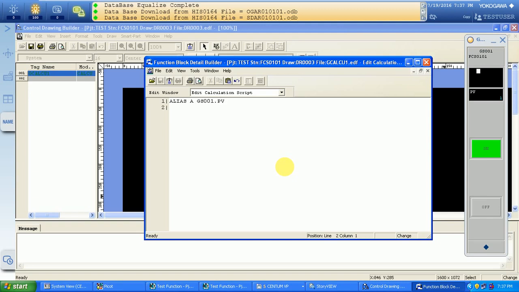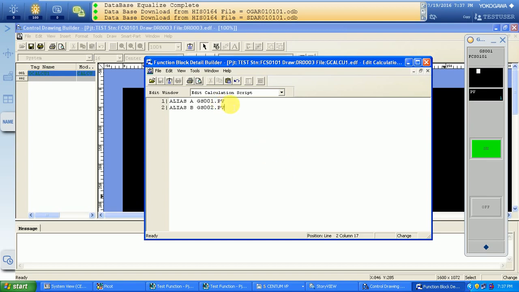Again ALIAS to acquire the data of the next tag, that is B, and that is GS002, which was configured, PV.